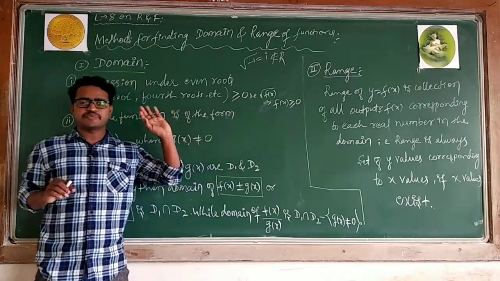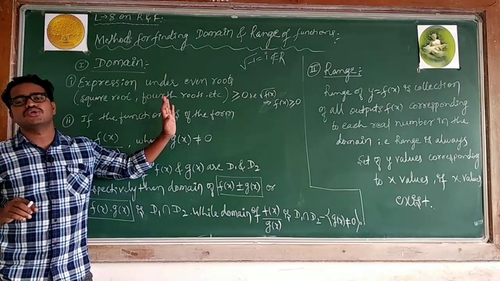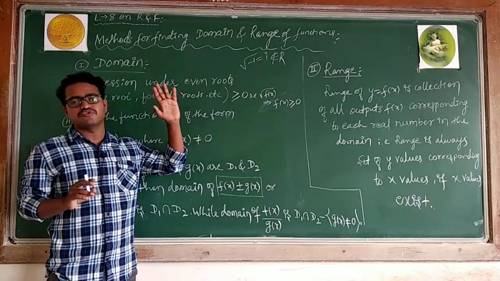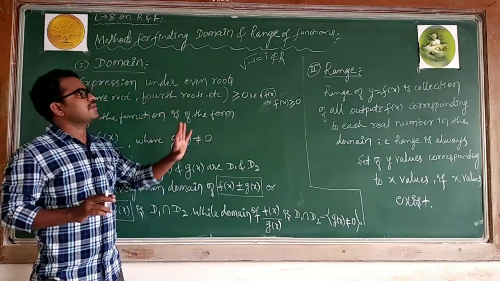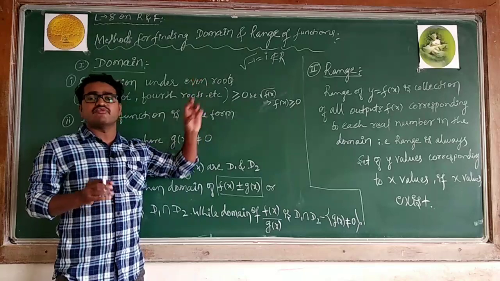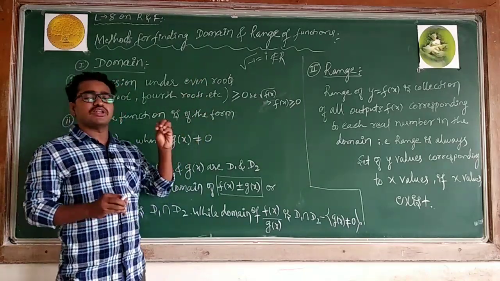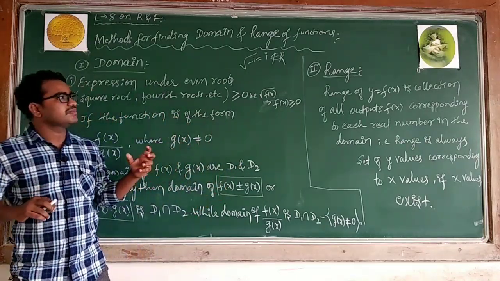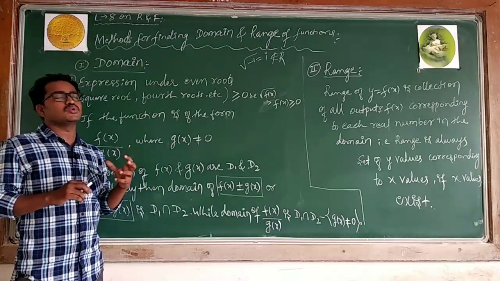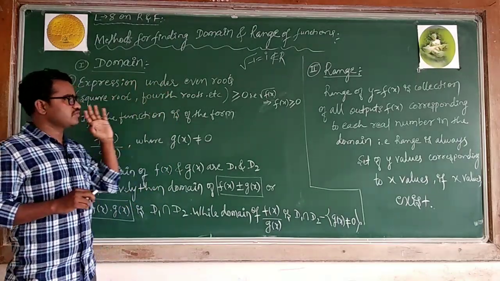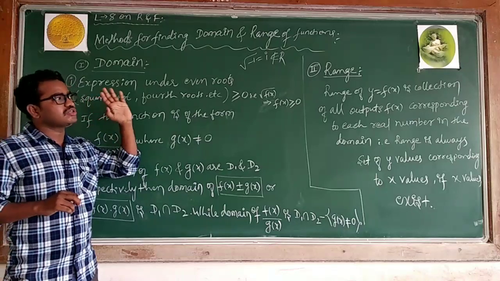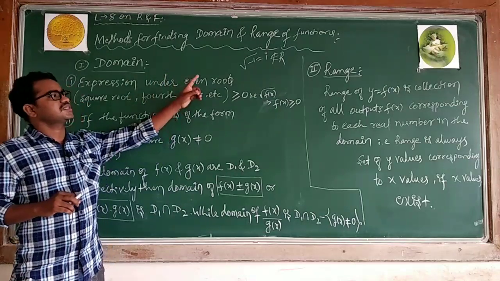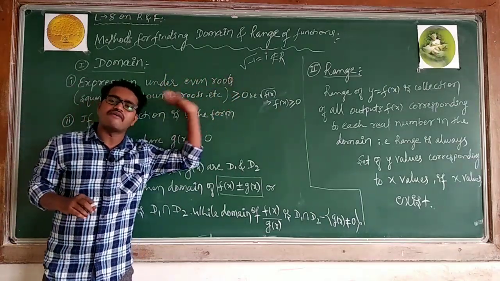Square root of 0, no problem. When you have square root of 0, you will get 0 as the value. 0 is a defined value. When you have square root of a positive value, root 2, root 3, root 4, root 5, whatever the positive value, no problem. When it is square root of minus 1, minus 2, minus 3, a negative value, that problem arises. What problem? That will give imaginary roots. Imaginary roots do not belong to the real numbers. Whenever we are defining functions, the domain should be real numbers and the range should be real numbers. When it is imaginary, you avoid that.